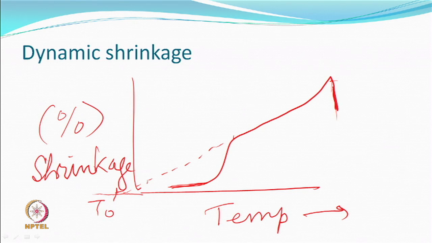From this curve, they could relate one interesting thing, that is, if you extrapolate this part of the curve and go to some point which we call a T0, temperature for 0 shrinkage. So, it is not absolute 0, it is some temperature where in this solvent there will be no shrinkage. So, if you go there, no shrinkage. Obviously, you will not work there, but what they correlated is that this temperature T0 could be correlated with the glass transition temperature of the polymer solvent system.